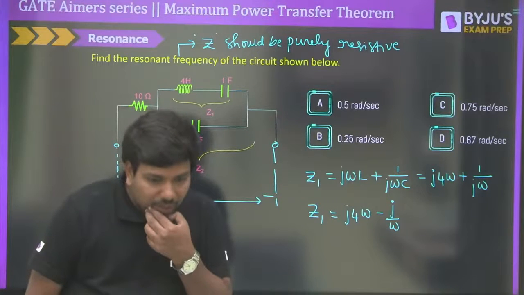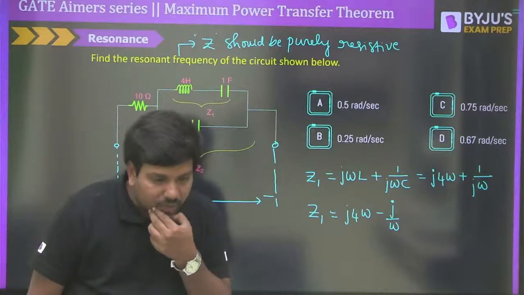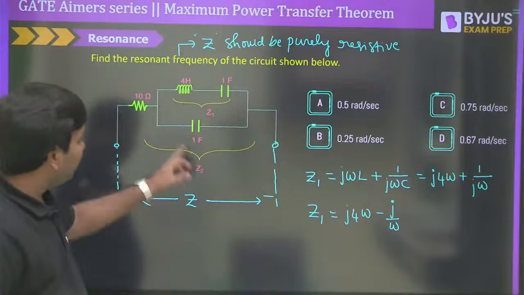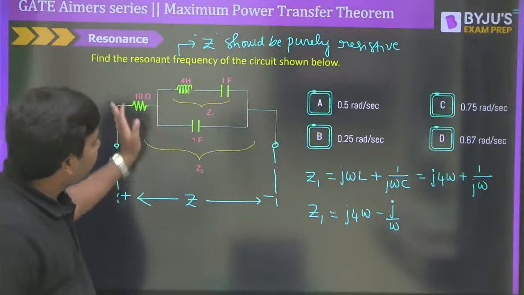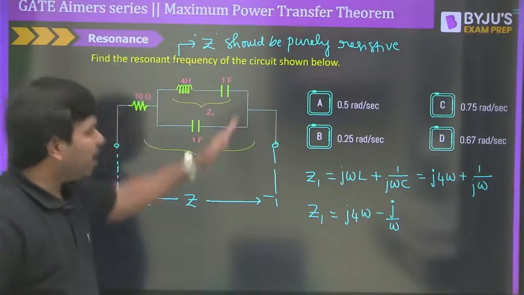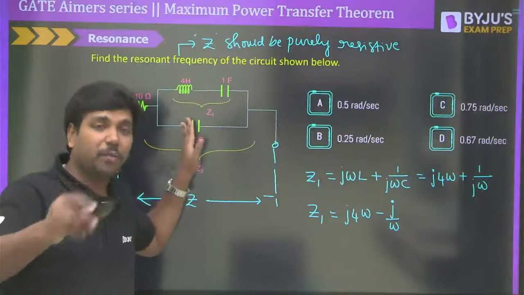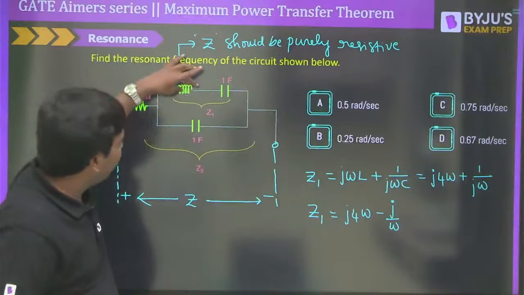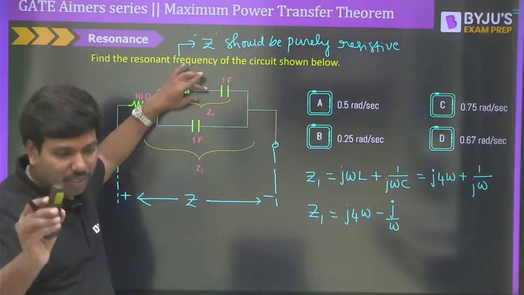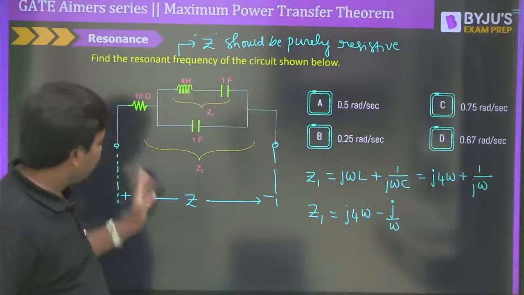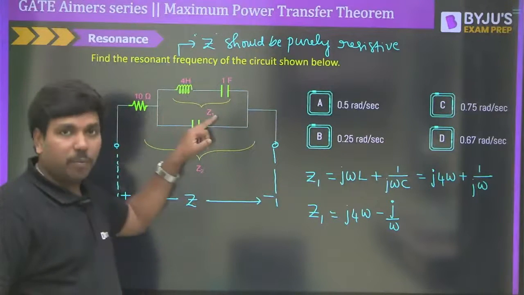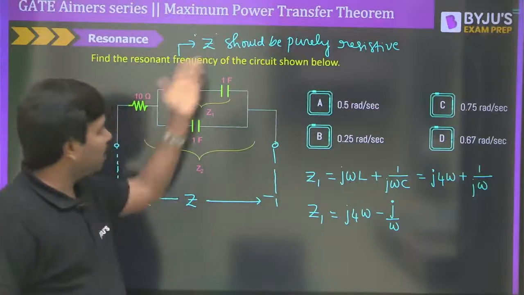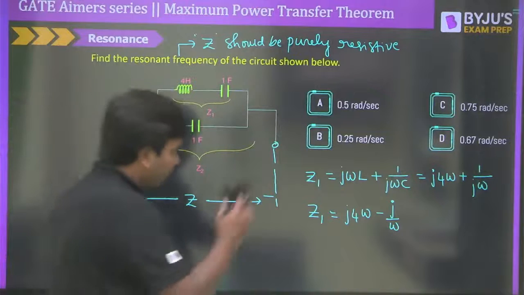So, Madhu, the imaginary part should be 0 while we find the resonant frequency. We cannot take the imaginary part of every part. We have to calculate the overall imaginary part and then make that imaginary part equal to 0. You cannot keep the imaginary part equal to 0 at Z1 itself. Please try to understand, there is a lot of difference, right? First of all, we need to find the total equivalent impedance, and only then keep the imaginary part equal to 0 to get a purely resistive form, right? So for that we need to do this.